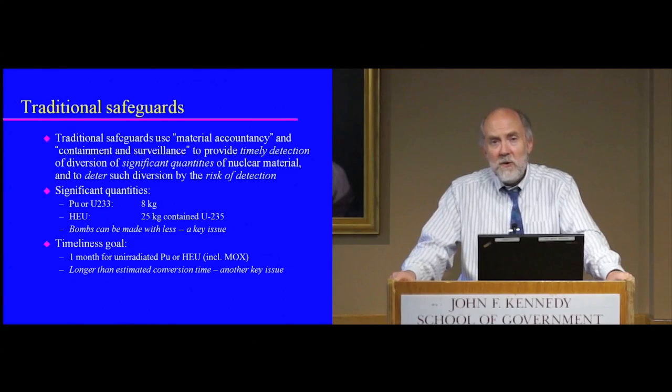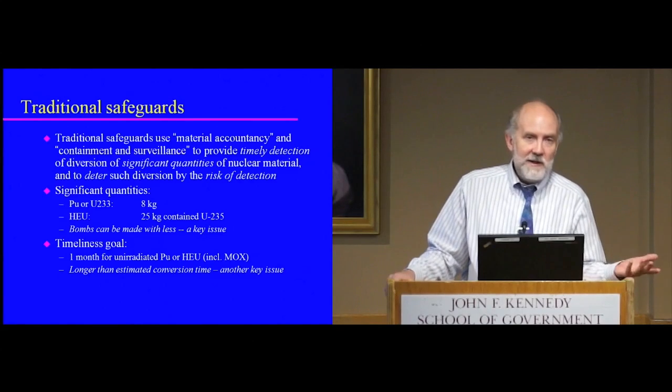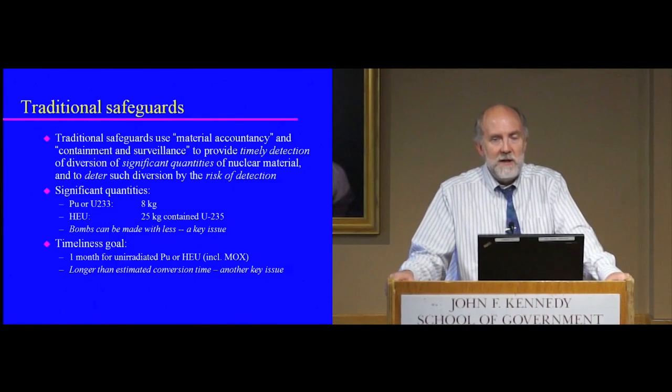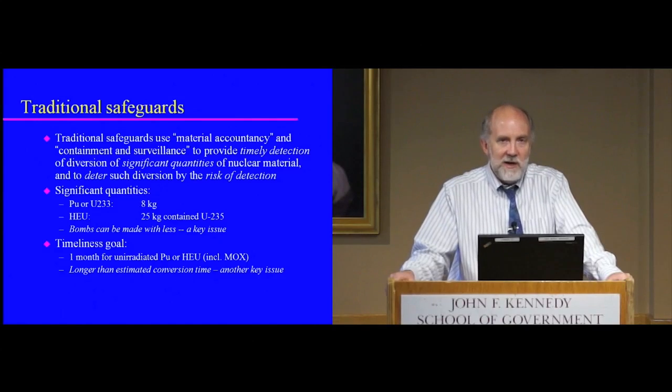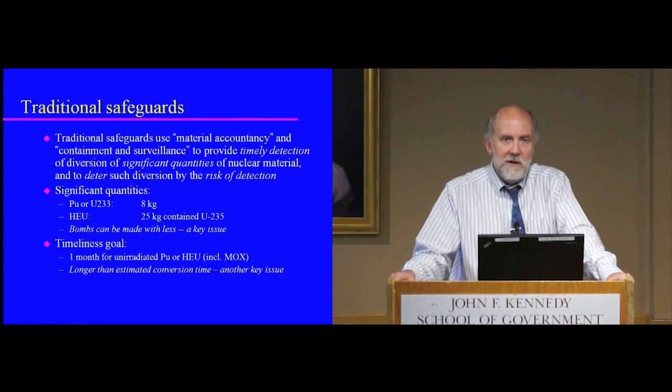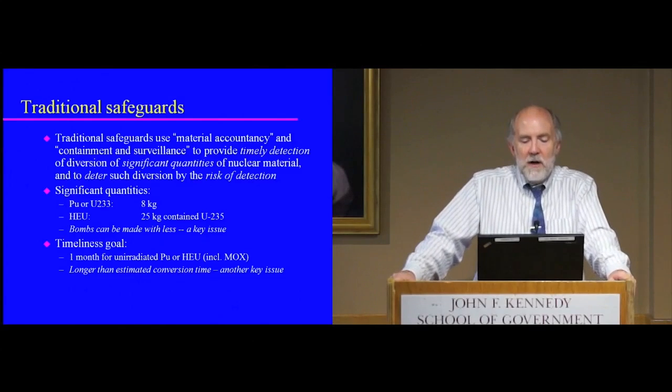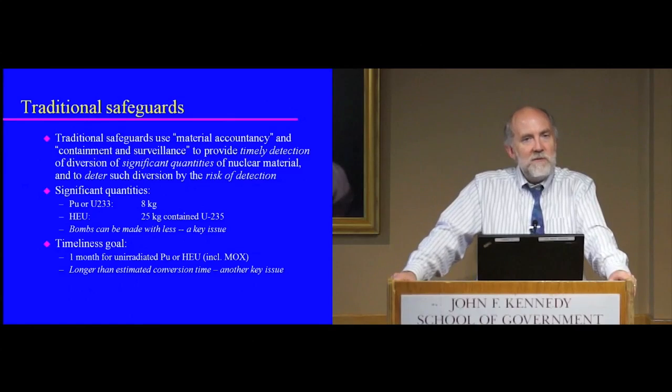So the significant quantities are here on this slide. They're 8 kilograms in the case of plutonium or uranium-233. We haven't really talked much about uranium-233. It's another potential bomb material. You can make it from thorium in the same way that you make plutonium from uranium-238. Or in the case of highly enriched uranium,